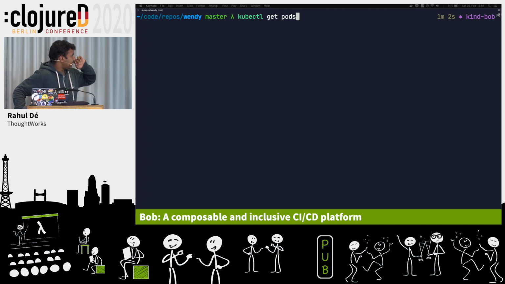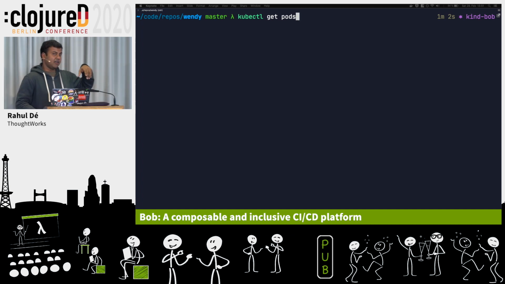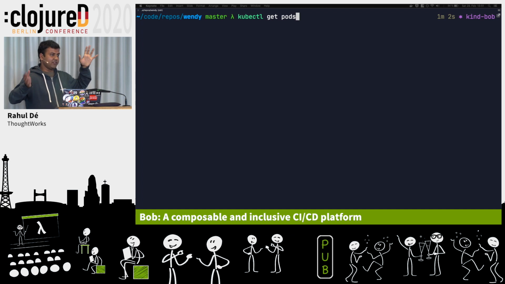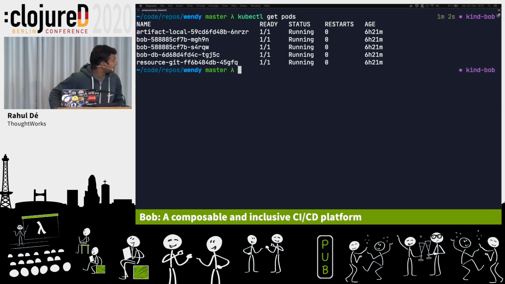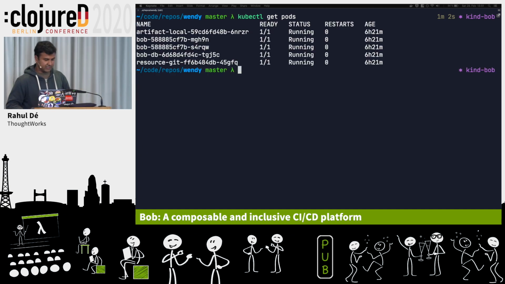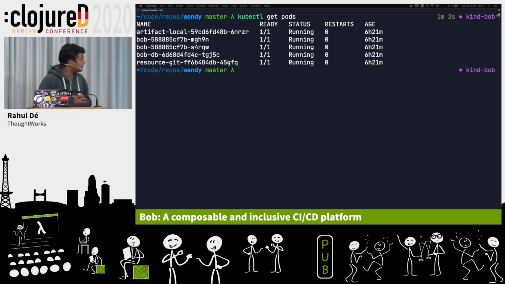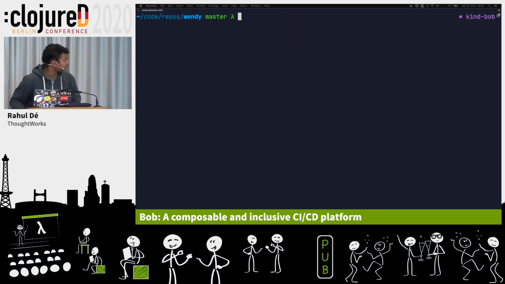But it's basically a parent of your containers, and when one of your containers are misbehaving, it just restarts it. That's it. There's nothing fancier in Kubernetes. We should say Kubernetes restarting at scale, right? So there's some pods running. So there's two Bobs here, one DB and one resource and an artifact here, right? So that's all you have to care about it.